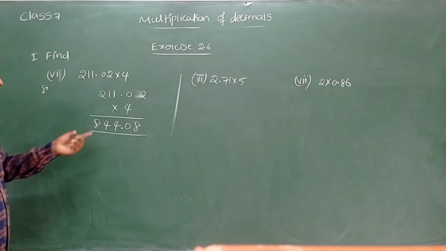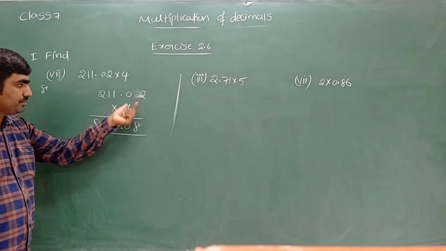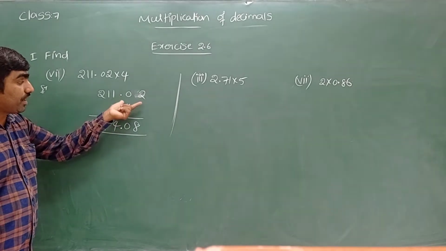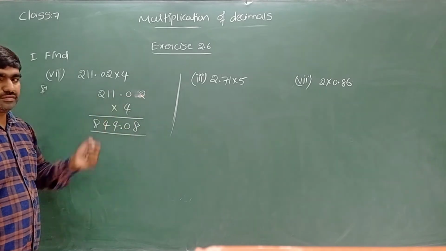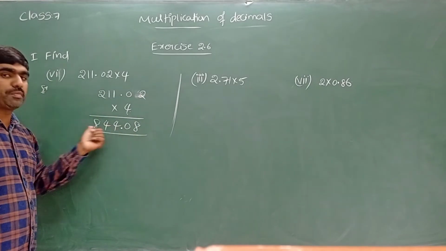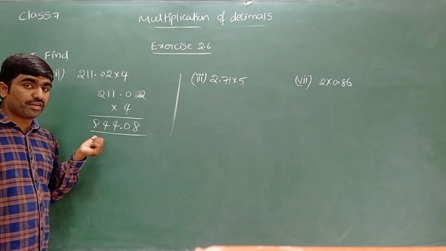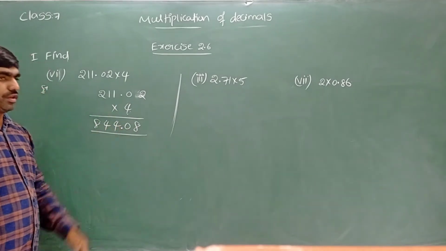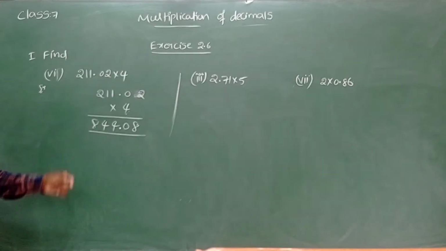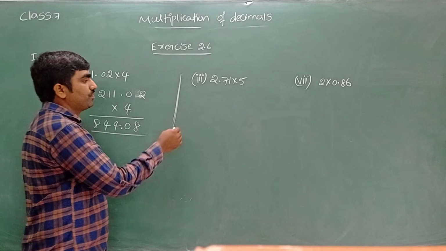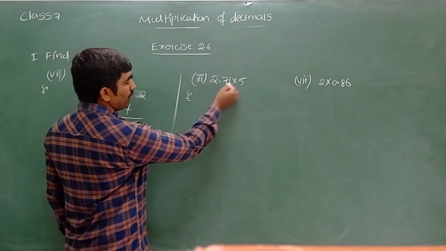Or else you can see here point after 2 digits. Here no point. Okay. So finally total point after I can see 2 digits. So 2 digits before you can keep the point. Point after 2 digits. So from back onwards 2 digits before you keep the point. That is the way we can multiply this. Hope you understand. Let's go for the next one now. How can I multiply this?